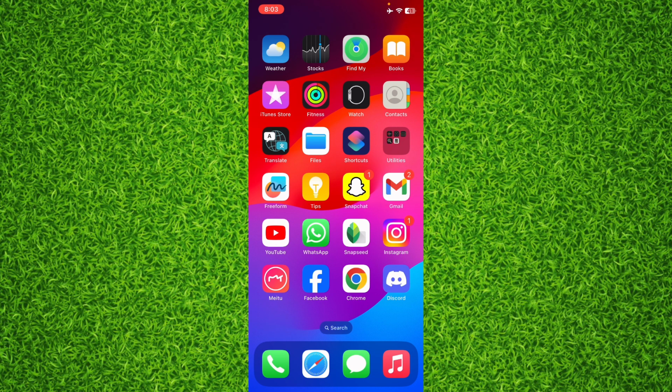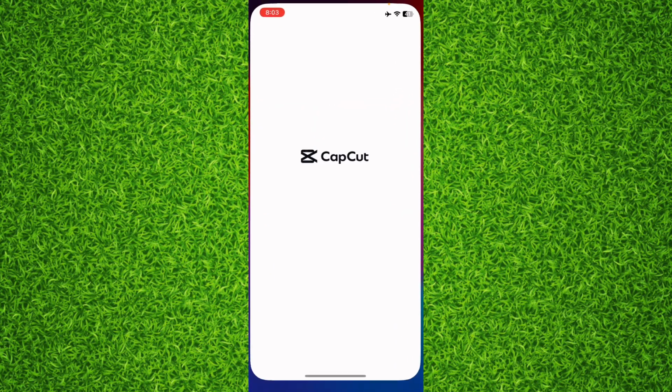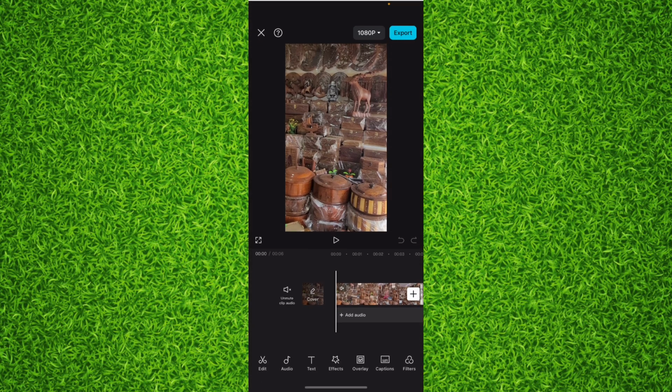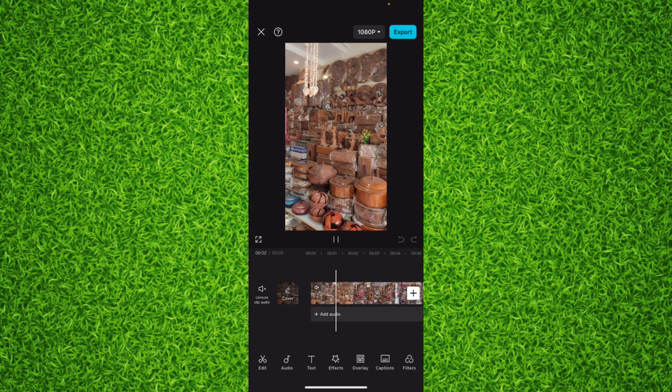In this short tutorial, I'm gonna show you how you can add a sticker to your video in Capcut. So let's start the process. Open up your Capcut. Now take any video from your gallery or project. If you want to add a sticker to this video,